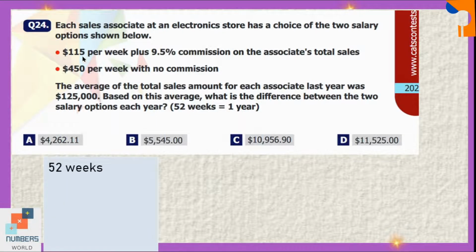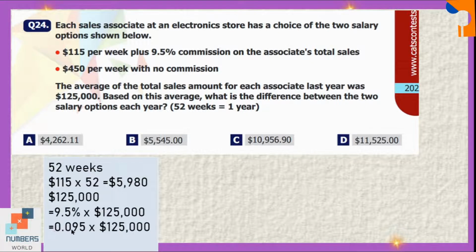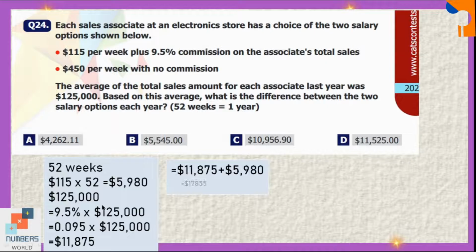If we multiply the salary of 1 week, that is $115, by the number of weeks, which is 52, the answer will be $5,980. Plus 9.5% commission on the associate's total sales, which is $125,000, that is mentioned over here. So we are going to find 9.5% of this amount, which can be written as 0.095 multiplied by $125,000. The amount will be $11,875. So we are going to add both amounts. The total will be